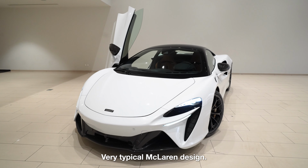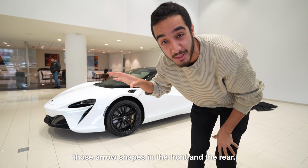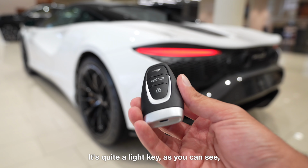a very typical McLaren design. You can see that specifically in those arrow shapes in the front and the rear. All right, so we are going to start off with the key fob of the McLaren Artura. It's the new McLaren key, unlocking and then opening the frunk from here and then locking it from this button. It's quite a light key, as you can see, finished in plastic, unfortunately, but it slides very nicely